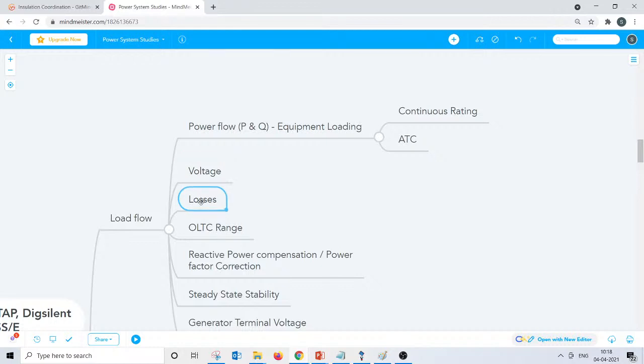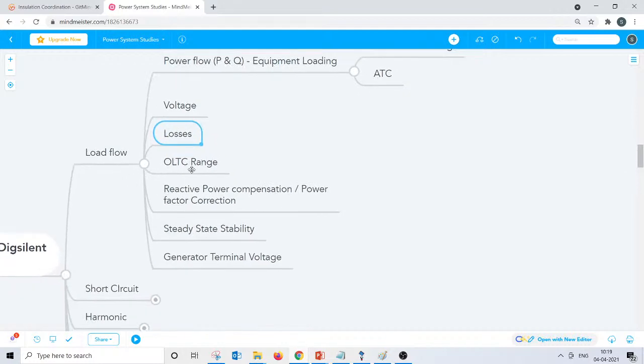So it helps you to identify the losses, the total losses in the system as well as the losses in each and every branch. Another interesting fact has to be noted: this gives the losses for various possible operating configurations, so that it helps the operator to identify the most feasible, most economical or most optimal operating scenarios. When you have very large interconnected systems, there could be an infinite number of possible configurations. So for the different configurations, the losses for each can be identified using load flow analysis, right?